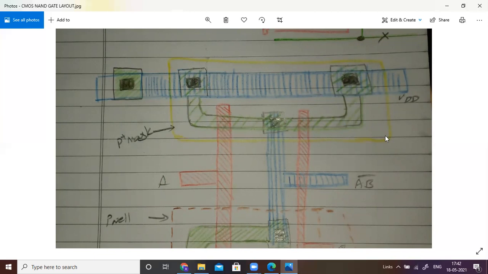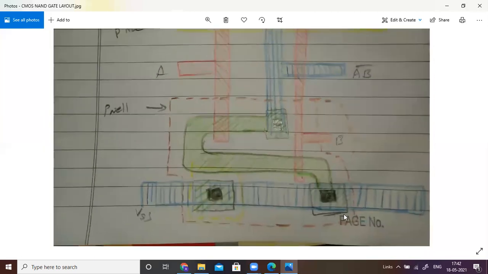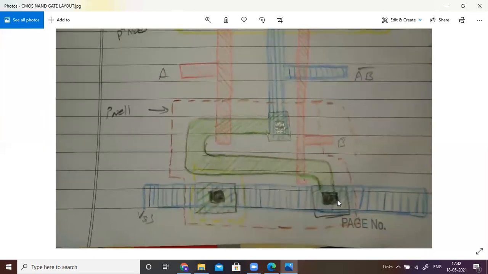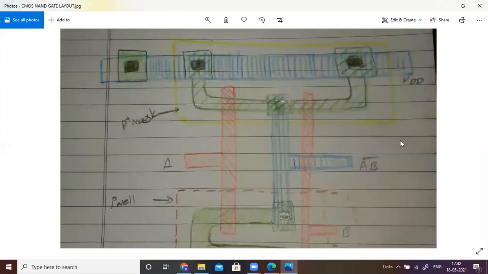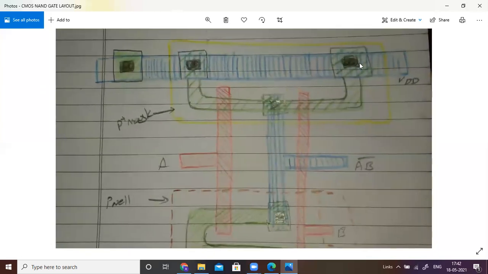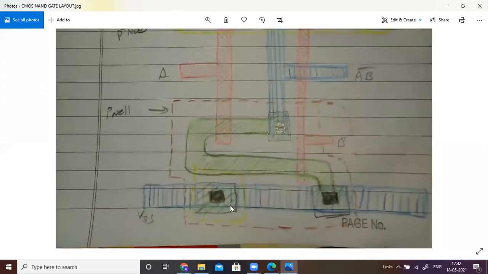This is an ordinary contact, and don't get confused in this case. This is another ordinary contact, and whatever contact we are connecting here, the same contact we can place on the VSS line. Already in the stick diagram we have one cross on the VSS line, so that cross can be represented like this.